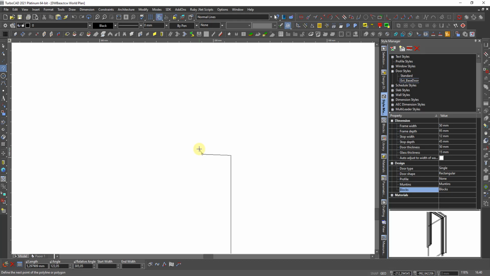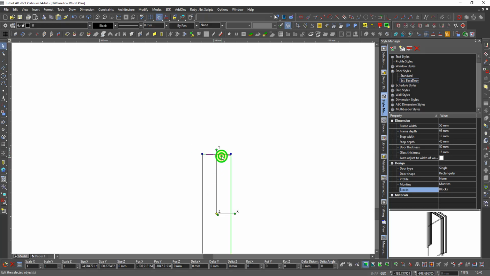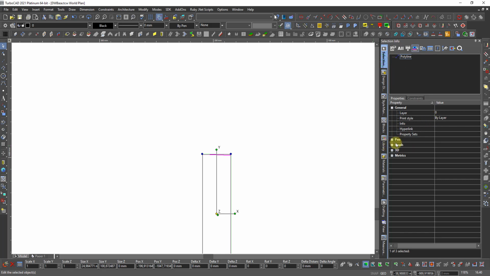So 8, enter and finish. This one I also make to 1 meter. Or something. 3D. And I explode it. And I now have an AC solid. I should rotate first